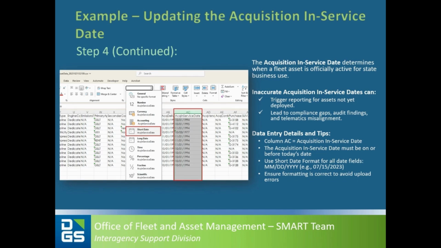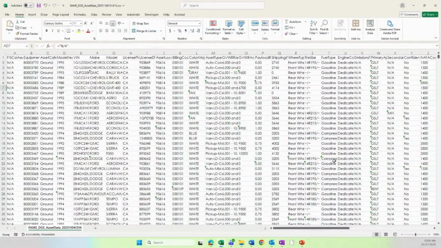If the date is inaccurate and the asset has not yet been deployed, it may still be subject to asset usage and telematics reporting, potentially resulting in reporting discrepancies and compliance gaps. We will move back into the exported CSV file to demonstrate the example of how to update the acquisition in-service date. In the downloaded CSV file, we are going to walk through an example of how to update the acquisition